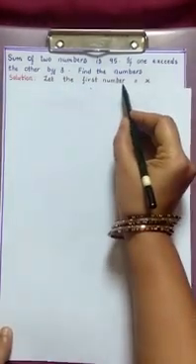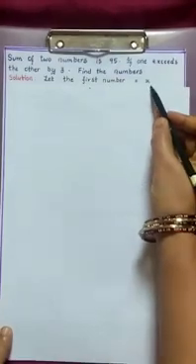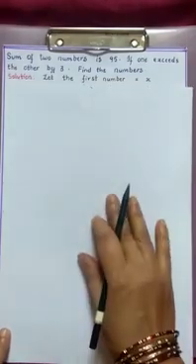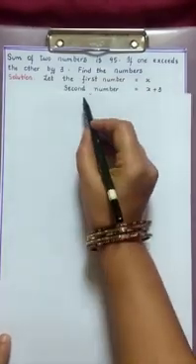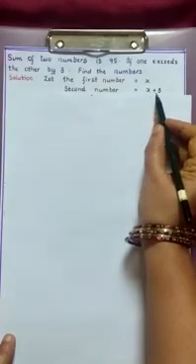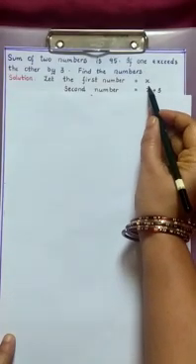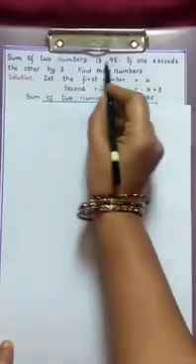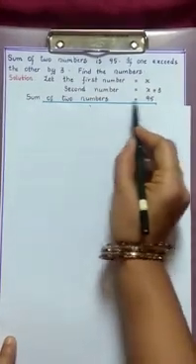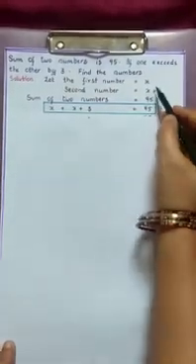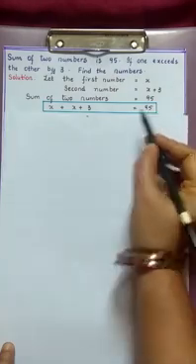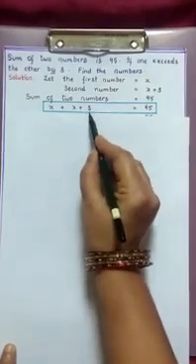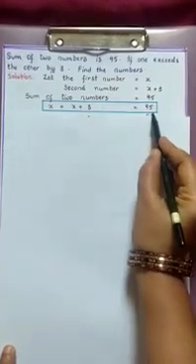Now let us take the first number as it is unknown. We'll represent it with a variable, any variable. Here I took x. Let's take the first number as x. Now as per the problem, the second number is x plus 3 because it is 3 more than x. Now they given sum of two numbers is 95. We'll add the first number and second number to get 95. x is the first number plus the second number x plus 3. By adding this we get 95.